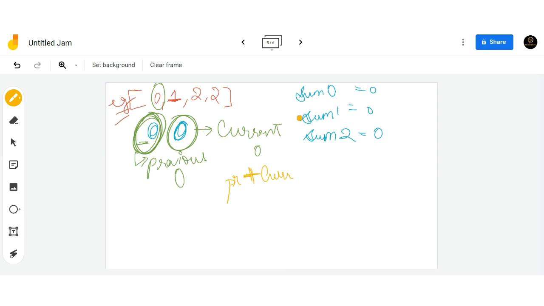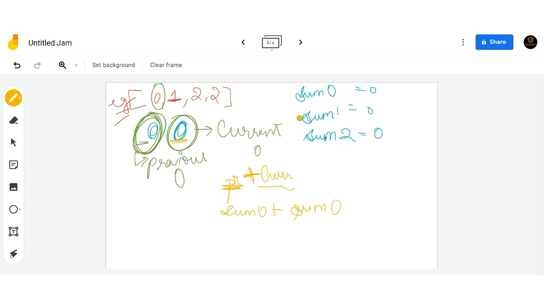Okay, so if we assume the number of subsequences ending with previous zeros is sum 0, then with the current one it will also be sum 0, because we can append 0 at the end of each of the subsequences of the previous zeros.